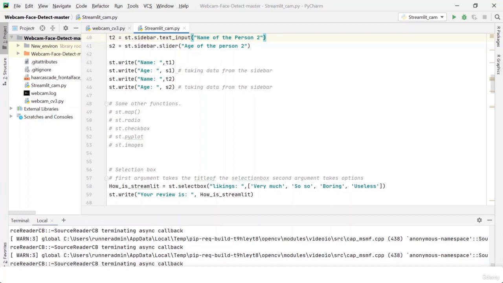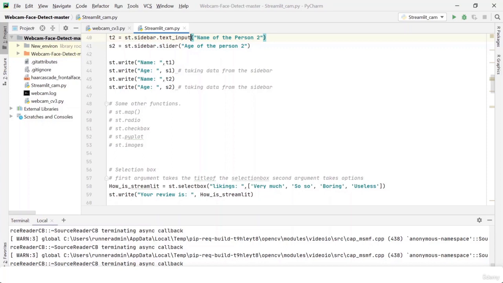Coming to the next function, that is st.radio. This creates radio buttons for implementing a form, or a rating, maybe going from 0 to 5, where you implement a radio button for each rating and you want the user to input, let's say, a rating of 4 or 3. For stuff like that, you can use radio.